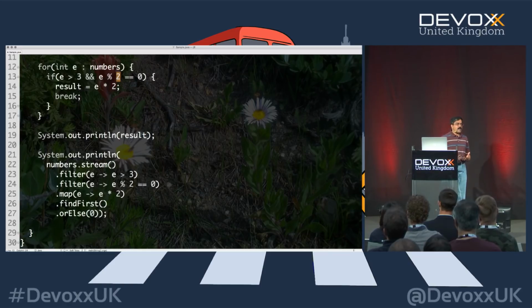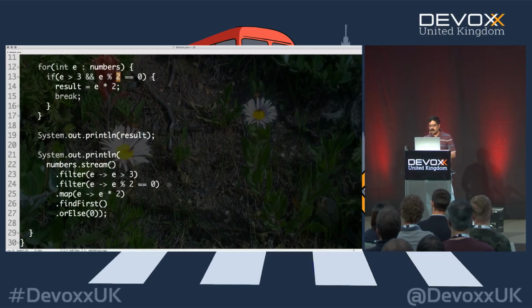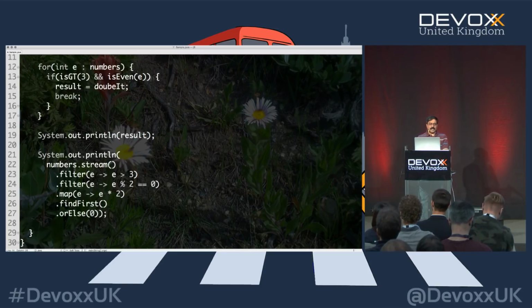But the question again comes back to the P word, what about performance? So to answer that question, let's go back and throw something together right here. I'm going to say isGT over here and pass the element e. I'm going to go take this one and say isEven and pass the element. I'll change this to doubleIt and then pass the element to this also. Let's see how it's going to work together.